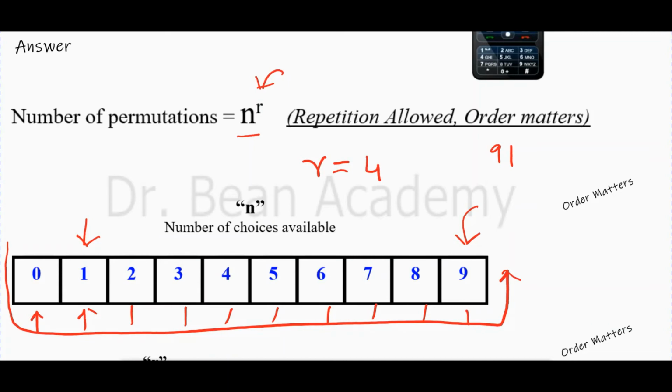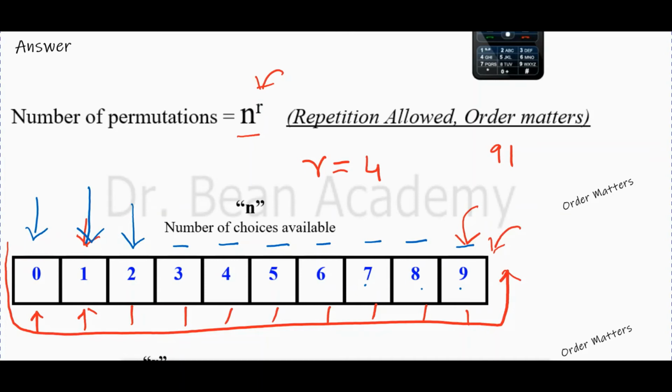So the number of choices n, the total number of distinct choices available to you, is 10. Don't misunderstand this and think that the total number of choices is 9. They are not 9. This is the digit 9. If you count the total number of choices, the first choice, the second, third, fourth, fifth, sixth, seventh, eighth, ninth, and 10th. The total number of boxes is 10. 1, 2, 3, 4, 5, 6, 7, 8, 9, 10. So you have 10 choices. It means n is equal to 10.